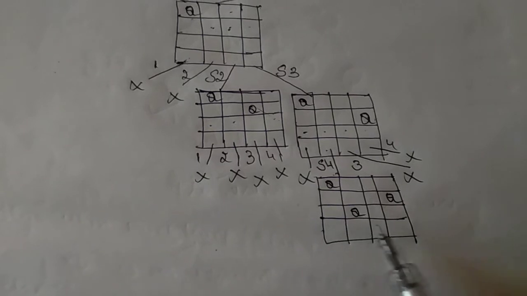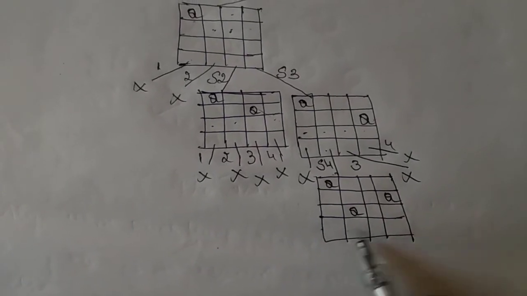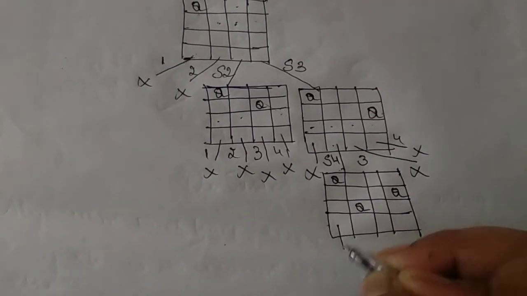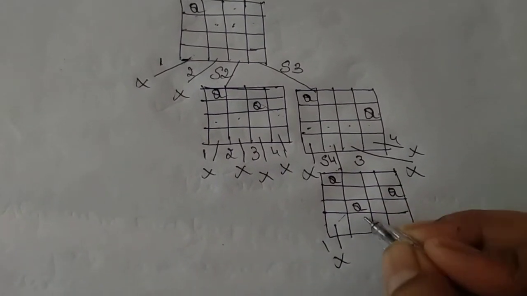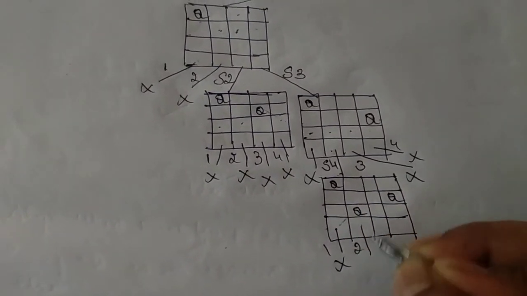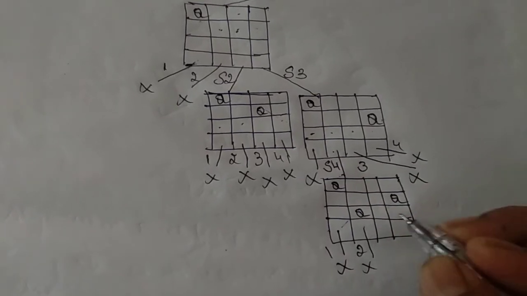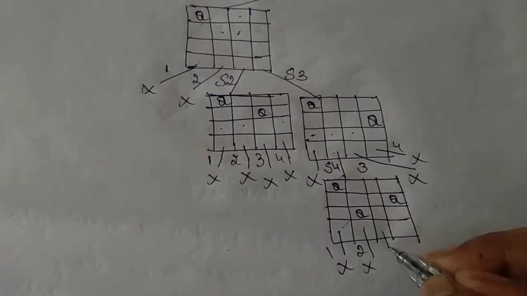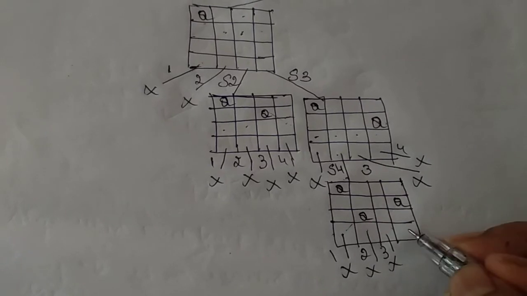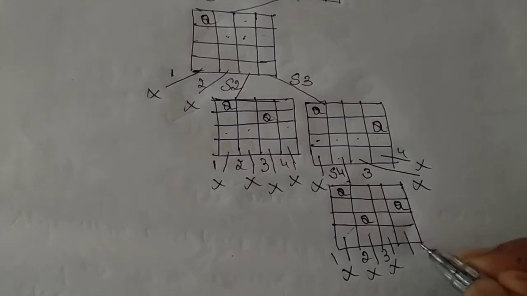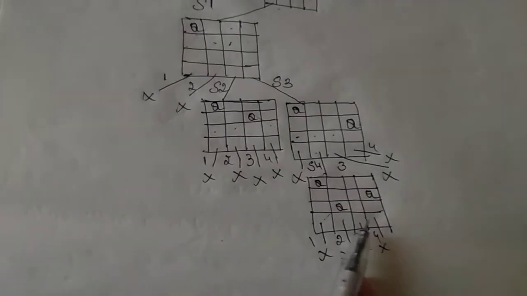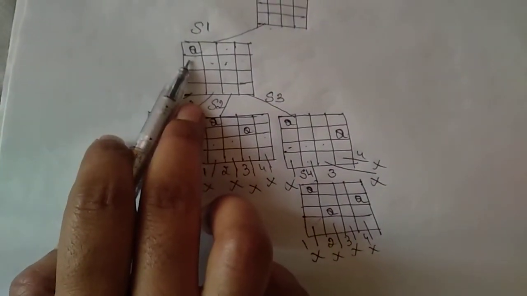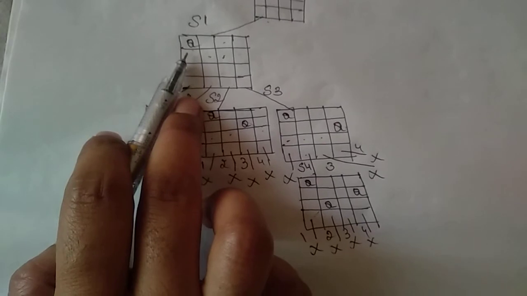Next, with this one, in fourth column you check the possibility. In this, no, even this q can attack and this queen can attack. This is not possible. Here, no, because this queen can attack directly. Here, diagonally it can attack. So, 4, this queen can attack. This is not possible. If I place q in the first position, then we will not get the solution.